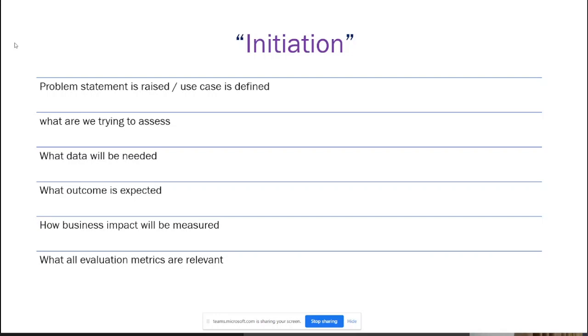The next thing in initiation we need to think about is, if I am trying to pursue this use case, then what data I will need to assess that this customer will buy a credit card or not. Okay. Or if I talk about fraud detection, or credit scoring, or interest rate, any scenario we take, like the recent scenario which we have been working on,